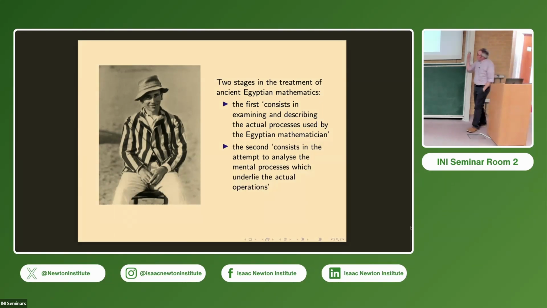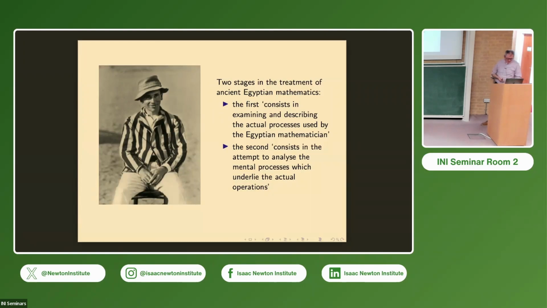But then if we go with this view of how things developed, there's a very natural consequence of this second stage. There are very few sources, so you quickly exhaust them. And if you are a cautious Egyptologist like Peet and you don't want to speculate much beyond the sources, then there's not very far to go. So you quickly run out of things to do. And so the Egyptologists don't really say very much more about ancient Egyptian mathematics after this point. People like Neugebauer don't either, because they've exhausted the mathematical interest of these sources. Neugebauer, for one, moves on to Mesopotamian things for greater interest.